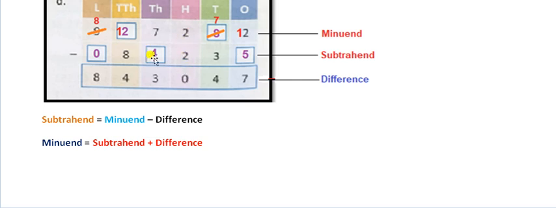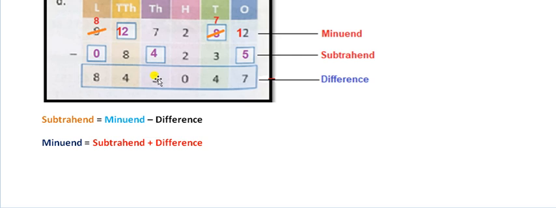Again we have to obtain subtrahend. We already have a formula: from minuend you subtract difference. So we have to find subtrahend. From the relation, subtrahend is minuend minus difference. Means from minuend you subtract the difference value. So we have minuend number as 7, difference as 3. 7 minus 3, we get the answer 4. So fill up the missing digit as 4. Now you can check it. 7 minus 4, you will be getting 3 here.